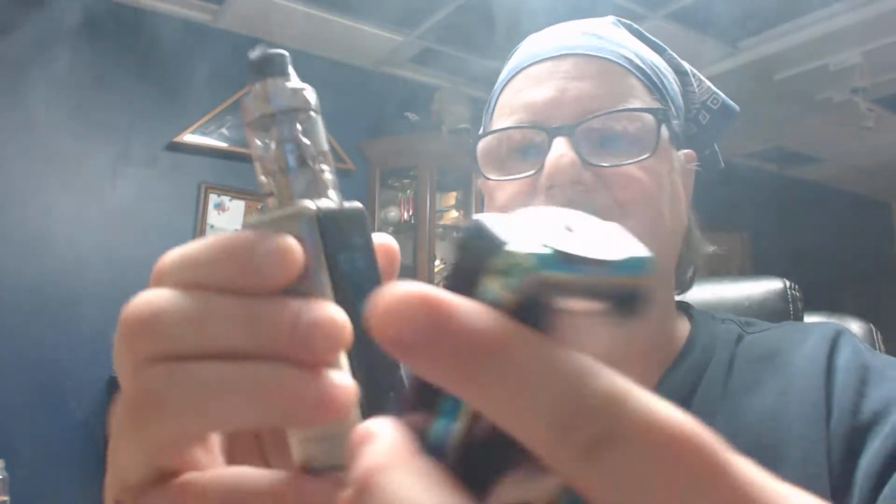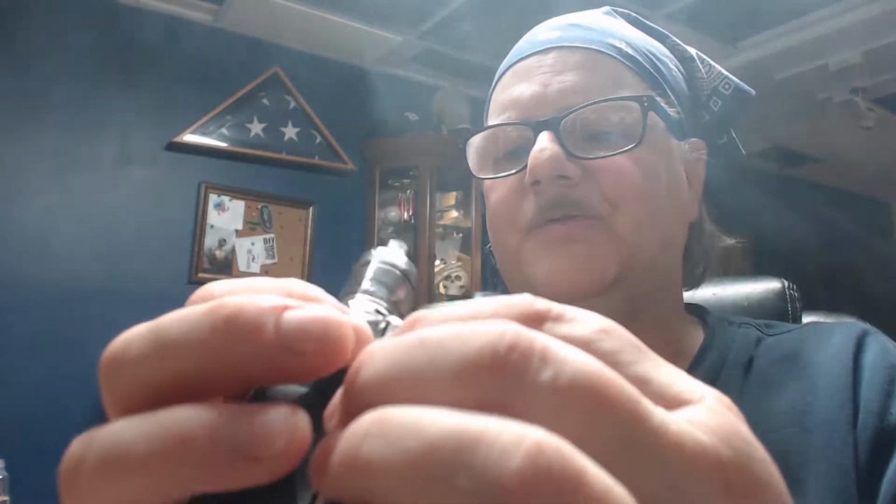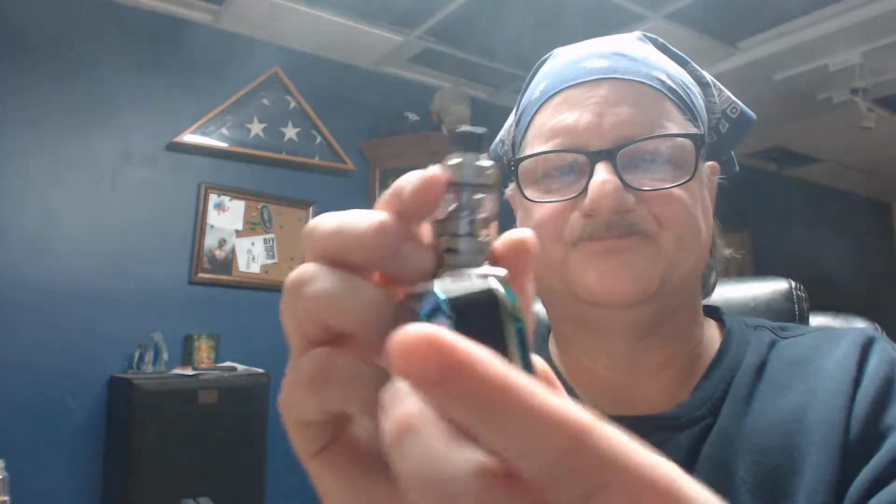The menu's intuitive. The mod itself is fairly small. Putting it up against the Sharon Mini, it's a little thinner, and it's a little smaller and a little shorter. Jeez. Man, I should just stop today. Like, I don't even know what I've told you, where I'm even at. We're just gonna power through this one today, my friends. Excuse me. And my whole editing is just gone out the window. I need to figure that out. I need a better editing tool. Anyways, where are we? 13 minutes and I've barely...